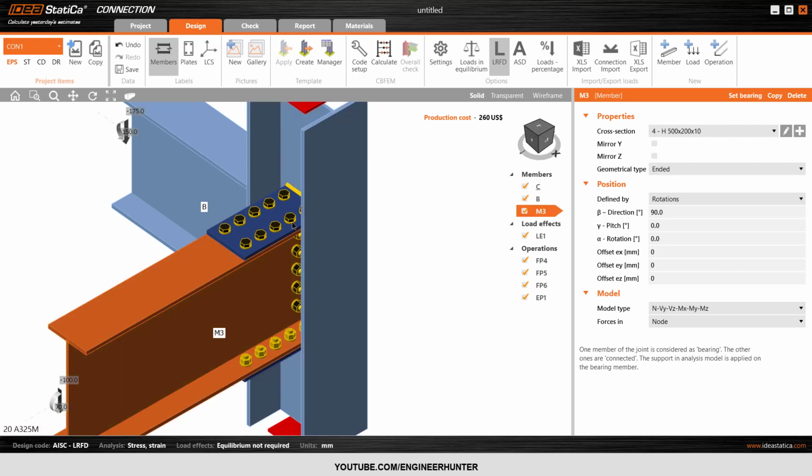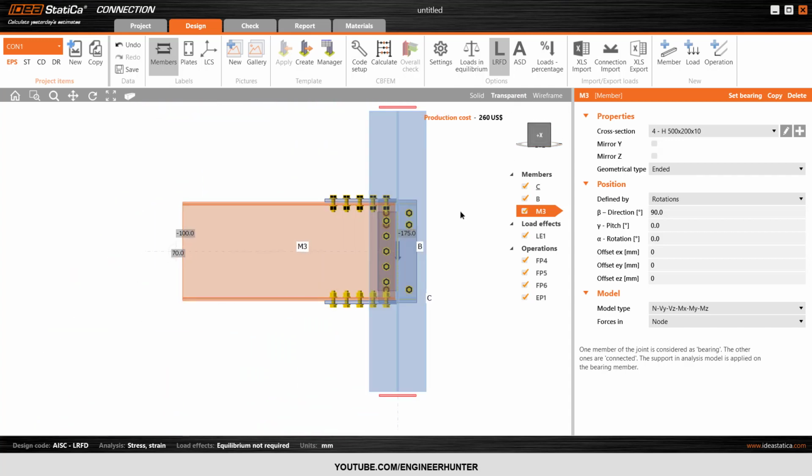It's difficult to put the beam inside the column flange, so I will offset the beam here to outside of the column. Now I will turn on the transparency again,